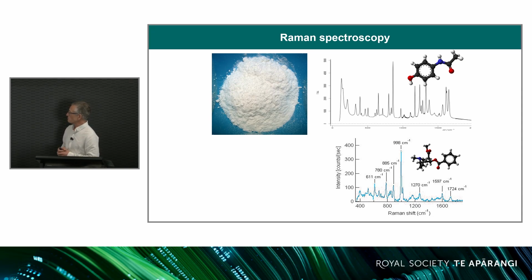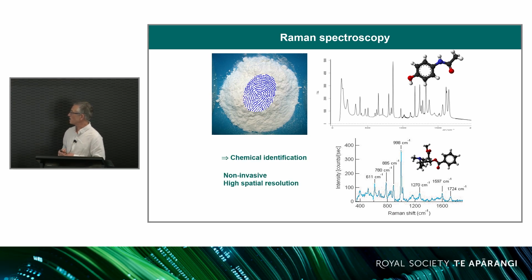And the beauty of this method is that it gives you a fingerprint. All these peaks here correspond to one vibration of the molecule, and with some proper analysis, it's essentially a fingerprint of your molecules. You can clearly identify whether you've got cocaine or paracetamol, for example. It's not perfect because it's a weak effect. It doesn't really work like fluorescence, so you need a lot of the material. You need some very pure substance before you can really say something accurately and detect. So our work has been trying to use new technology.